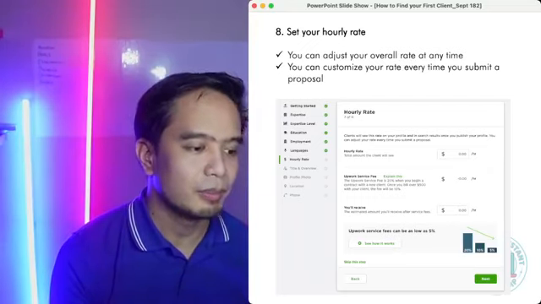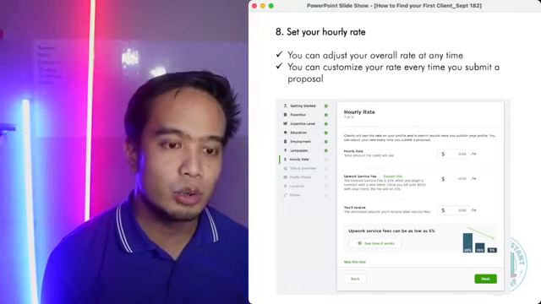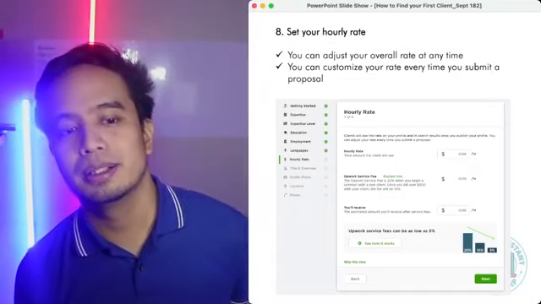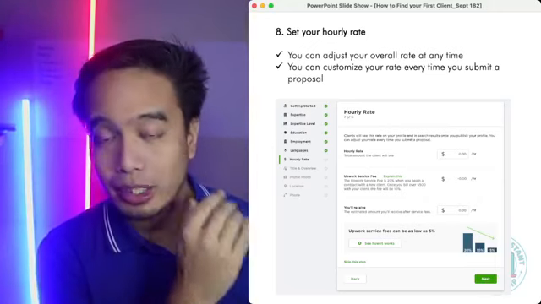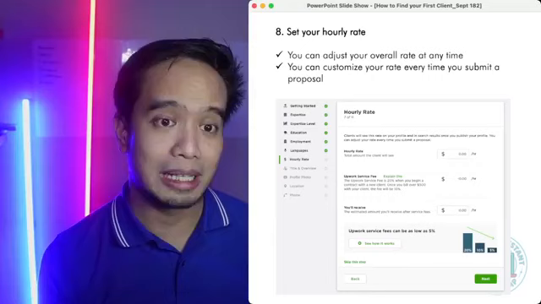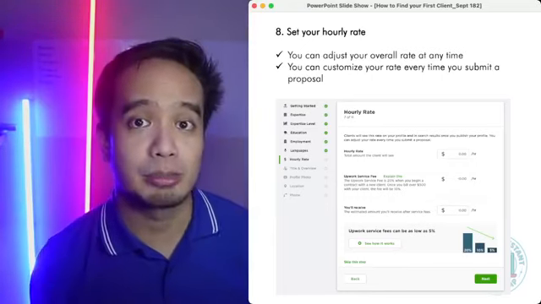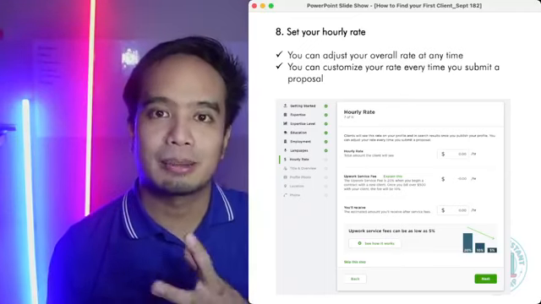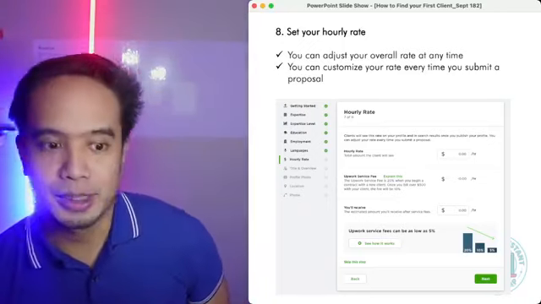Sige. How much for entry level? It depends. The lowest that you can do is $3 per hour. Pero usually, yung mga example, if you have experience na, we recommend $5. Especially those that go through our VA bootcamp, yung course, yung paid course namin, we always recommend start nyo sa $5 per hour. Huwag kayo sa $3 kasi parang to differentiate yourself na may training kayo. Because you're not 100% newbie anymore.